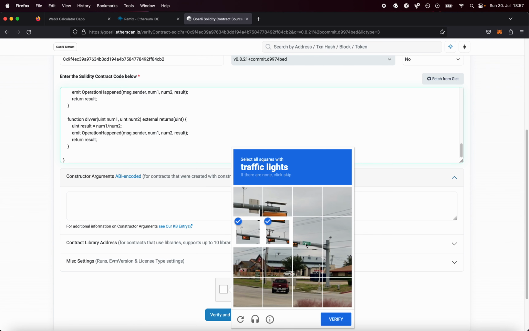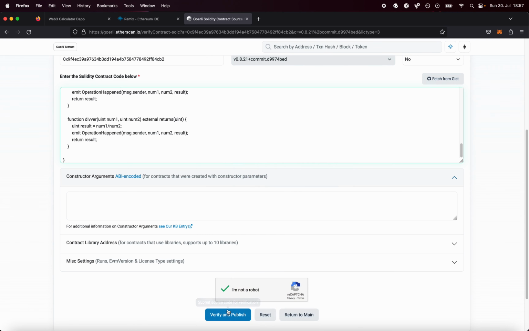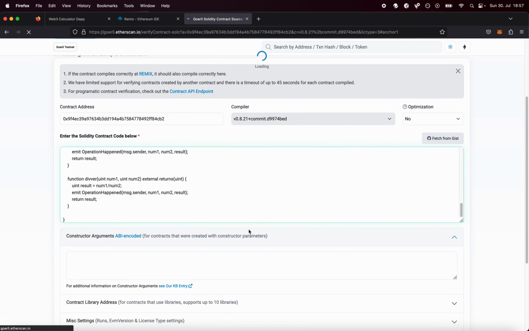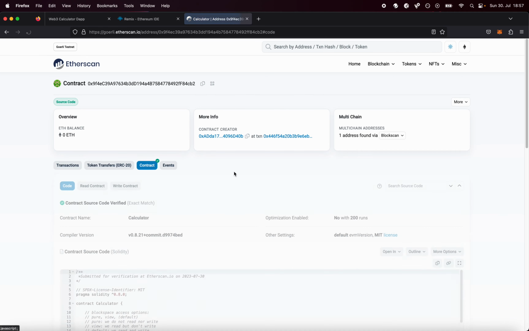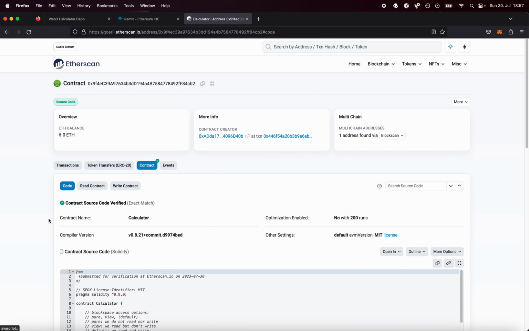All right, traffic lights. And then this should work. Yep. Okay, so we'll go ahead and click on over here because we're going to need that contract ABI like